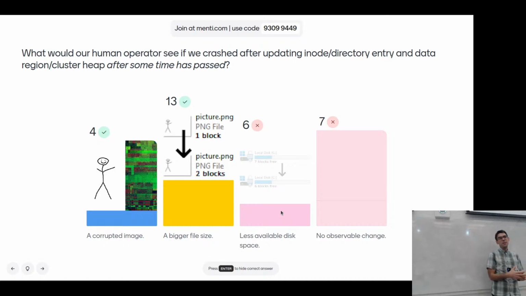The reason we're going to see a corrupted image is that our allocation structure was not updated. As far as our operating system is concerned with this file system, that block that we wrote to the cluster heap, to the data region, is not used. The stream extension kind of points at it. Our inode has a direct block pointer to it, but the allocation structure says that block's free. Nobody's using it. Write whatever you want there.